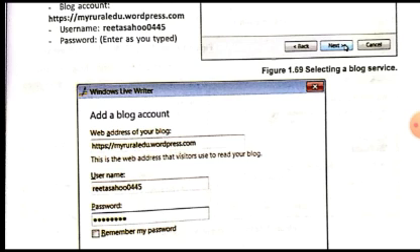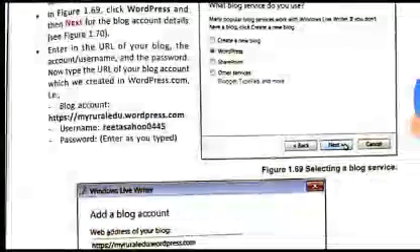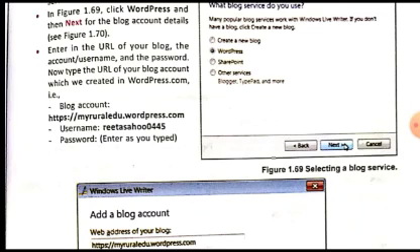Similarly, if a user wants to read or access your blog, he will just type the web address of your blog in the address bar, and just like a website opens, your blog will also open to the viewer. Then you have to provide your username and password also. So these details you have to enter there. First of all enter the URL of your blog, then the account or username and the password.